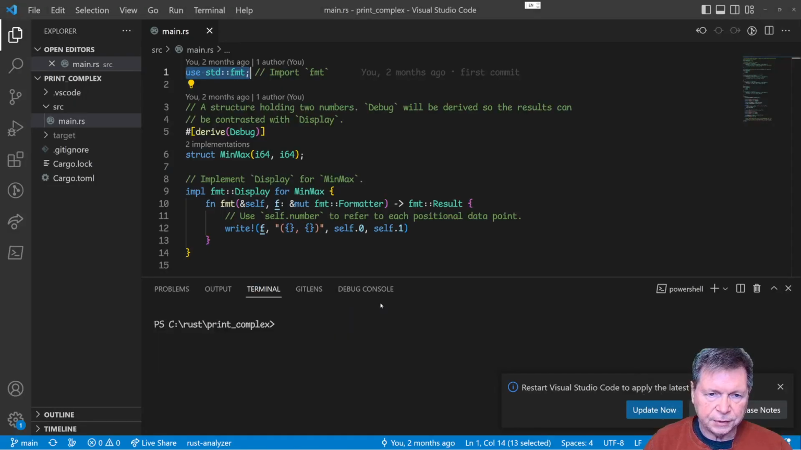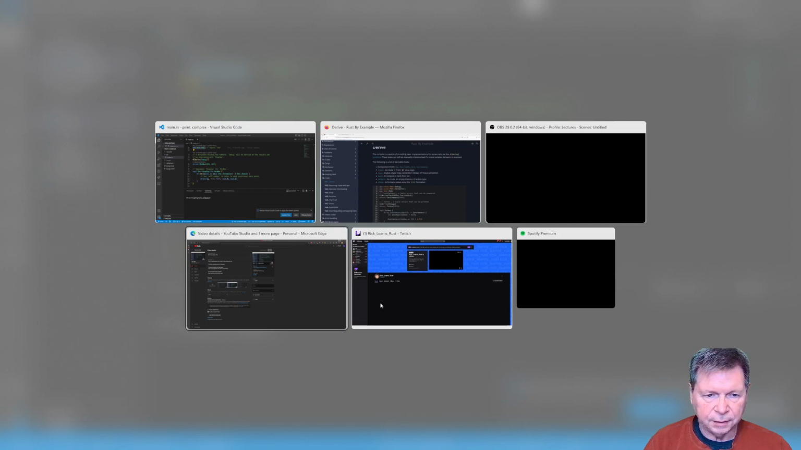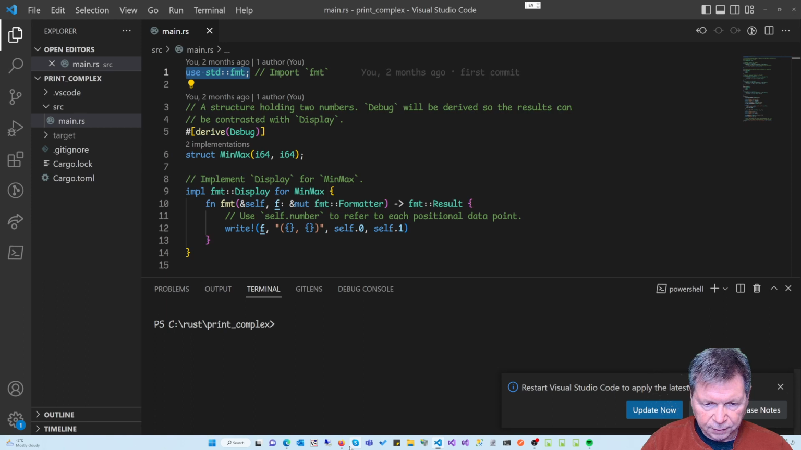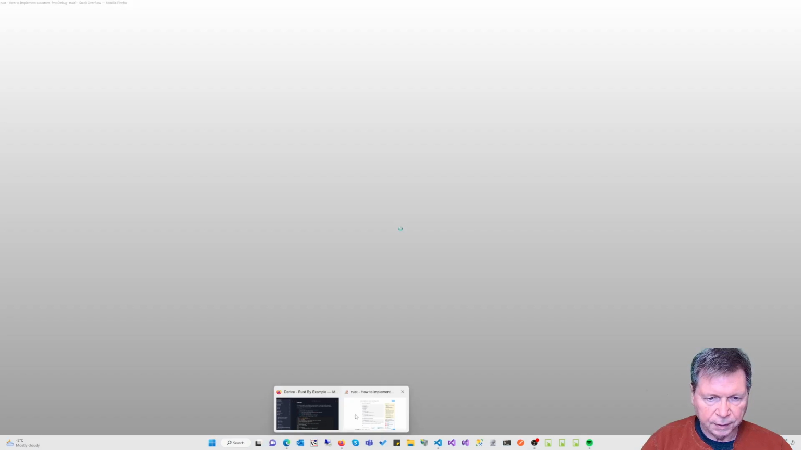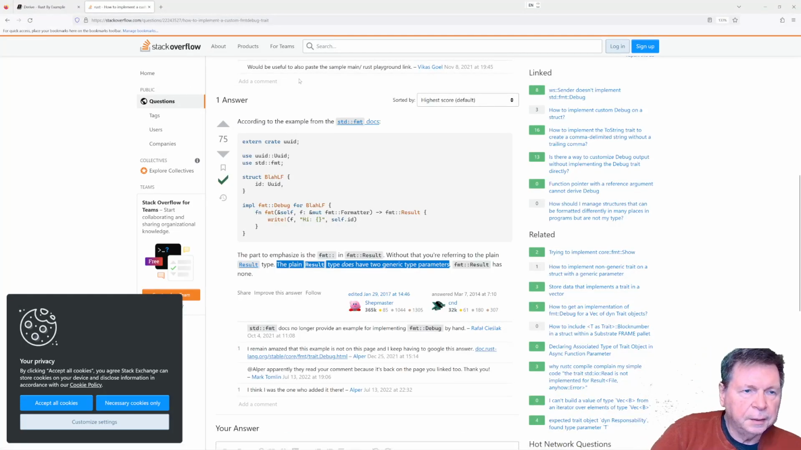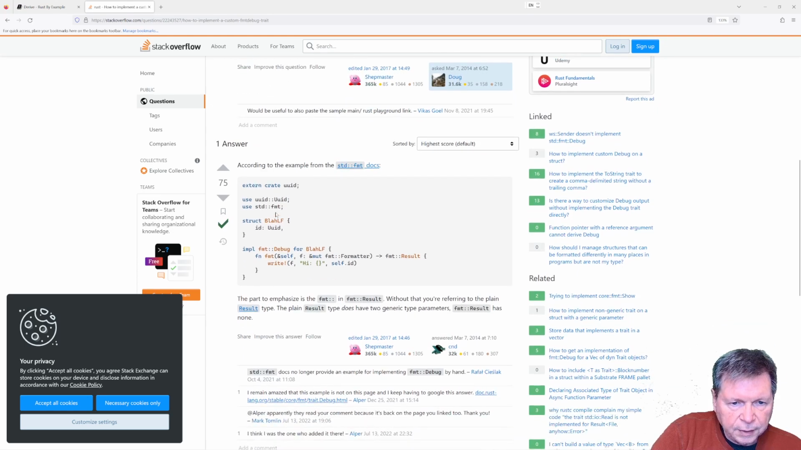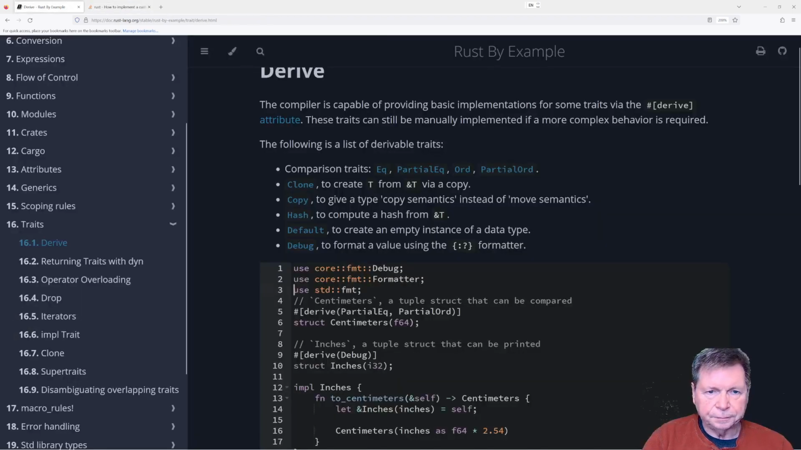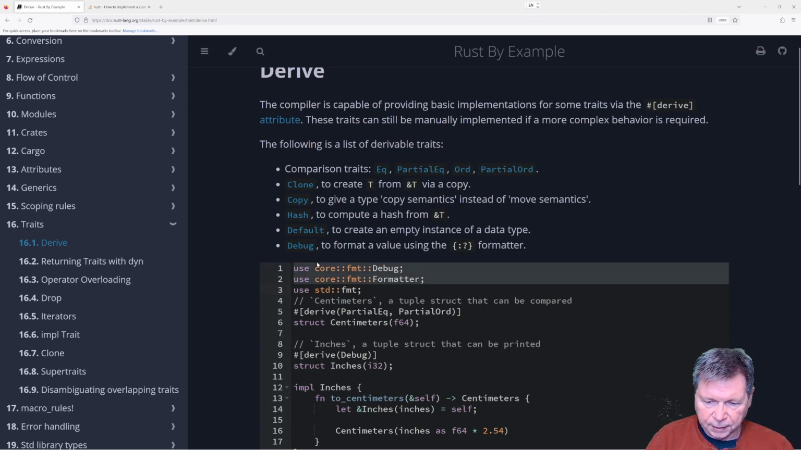Although the example in, where'd it go? Oh dear. Where did it go in the browser? That one. It doesn't give me... it does use standard format. Okay, so use standard format. So we don't need these anymore,